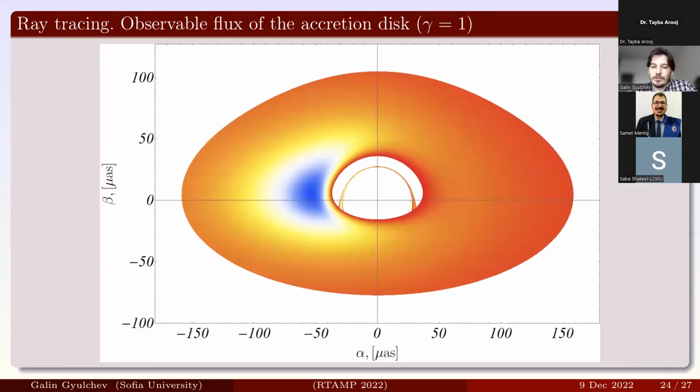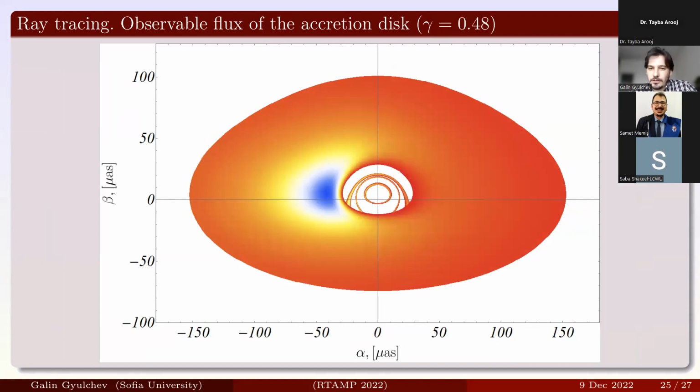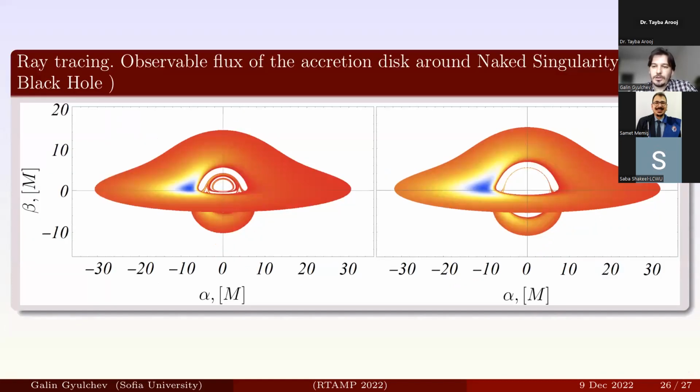If we continue further and apply different inclinations, this is the other inclination for the black hole, and this is for the naked singularity. We can obtain in this way the whole visible structure of the disk if we study it the same way, and the internal accretion disk, which is closely related to the naked singularity. And we can see here inside the object that we have additional images which are related with the internal disk,